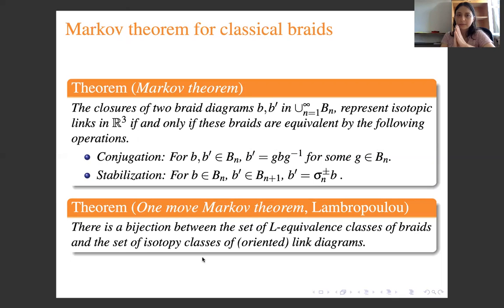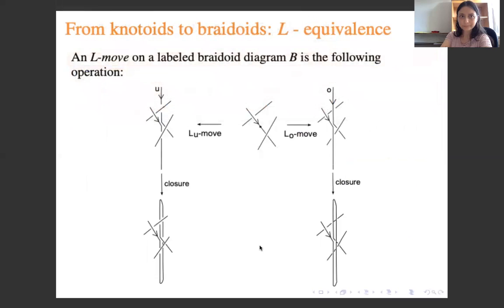She shows that there is a bijection between the set of L equivalence classes of braids and the set of isotopy classes of oriented link diagrams. So L equivalence covers all these moves and braid isotopy in her statement. So let's see what an L move is. Here in the middle, we see a portion of a braid diagram, or we can assume it to be a portion of a labeled braidoid diagram for our aims. And we just pick an interior point on it, and we can apply either an L under move or L over move,